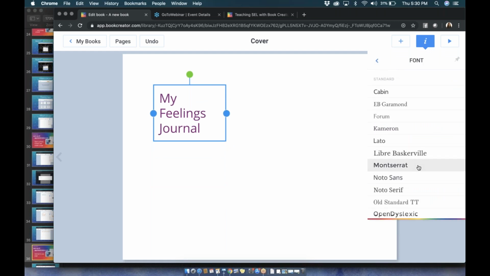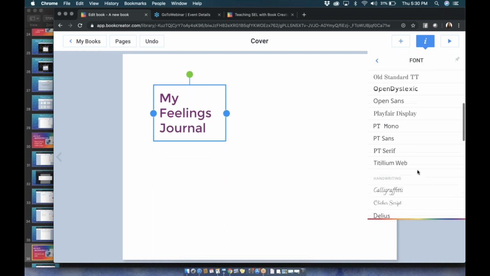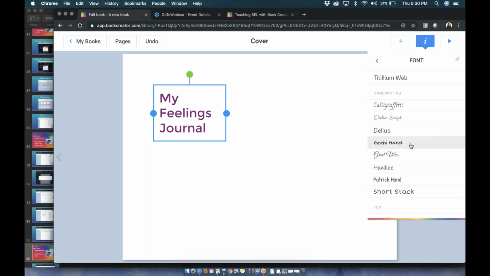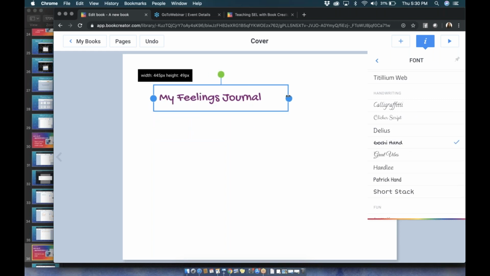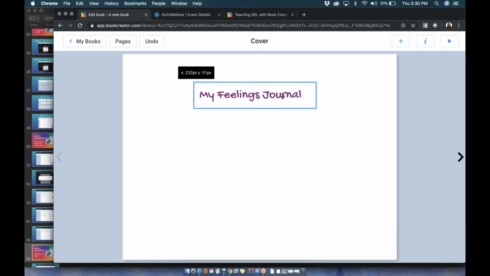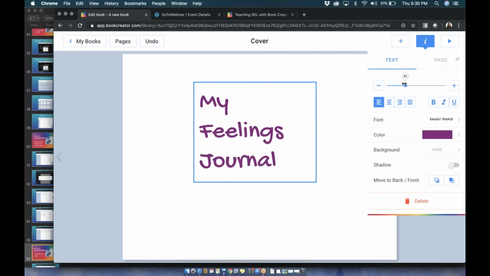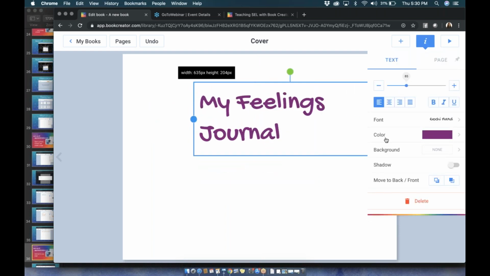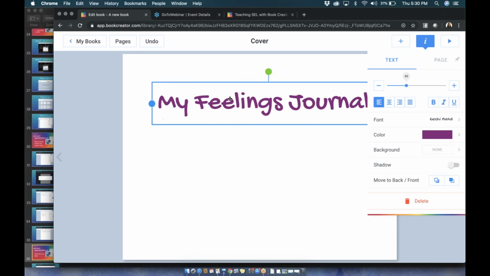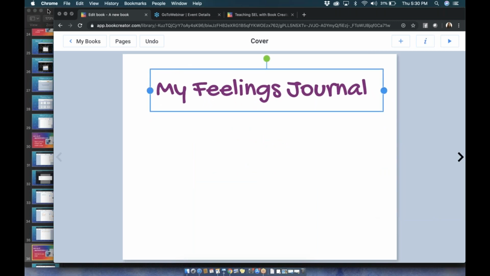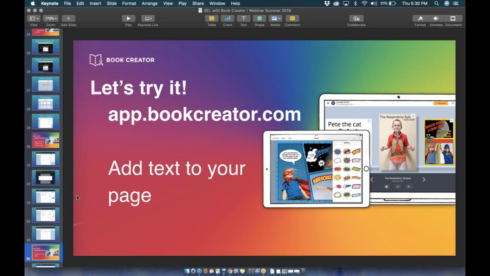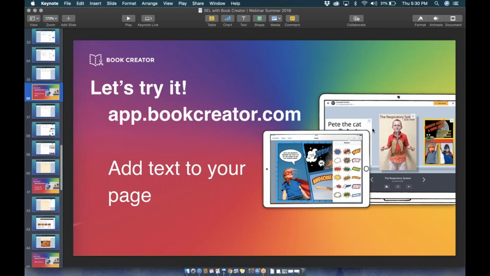I can change the font if I want to and choose from any of these here. And then I can stretch it out, put it right here on my page, maybe make it a little bit bigger here, stretch it out so it goes all the way to the end. Awesome, and place that right here. So if you haven't already, go ahead and add text to your page. Maybe you will add a title just like I did.